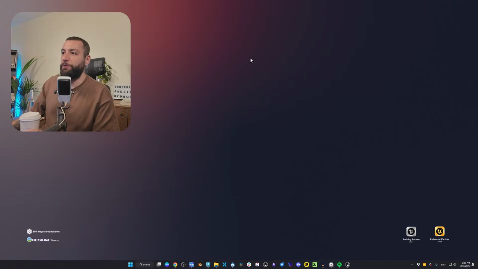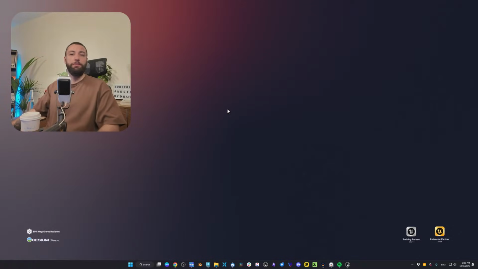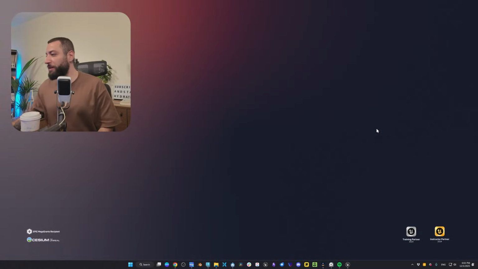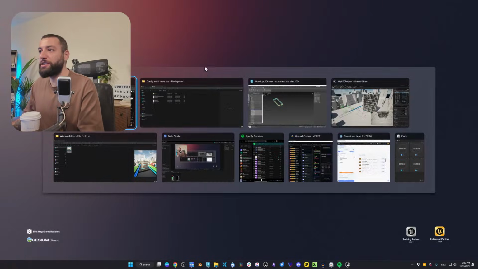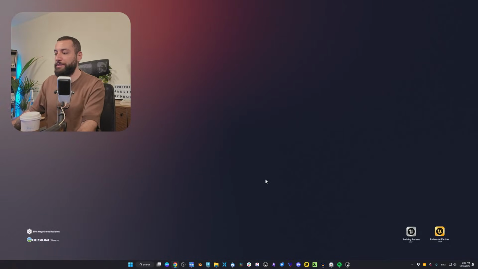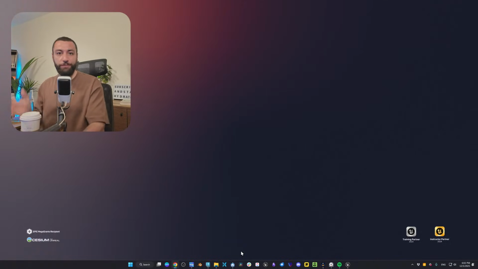And no, it's not opening, unfortunately. Okay, that's fine. Unreal Engine doesn't want to open. That's such a weird problem I have. As I said, I need to restart my computer for it to open, but it is what it is.